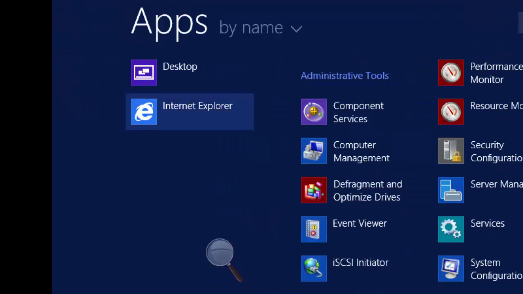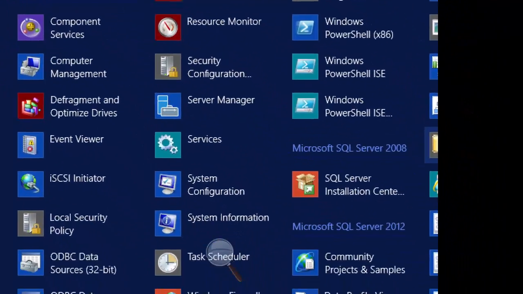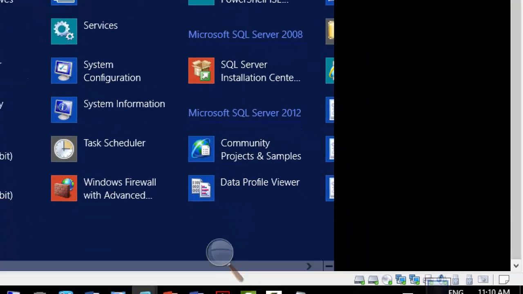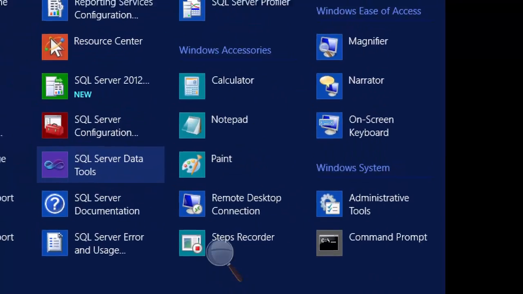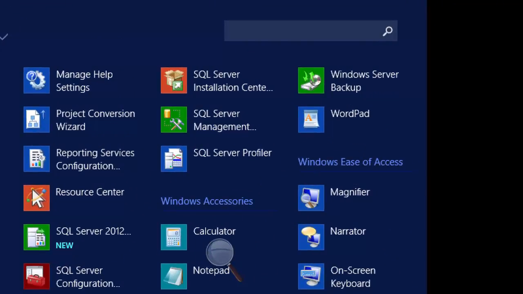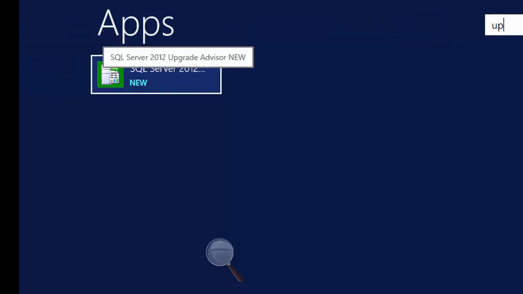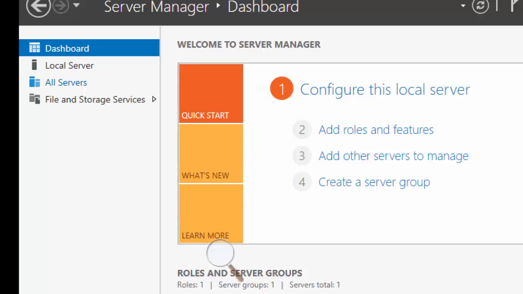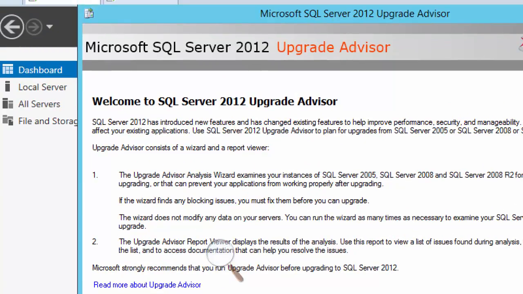It's normally in the Start menu, administrative tools, SQL Server. Or just type upgrade instead. This is new, and this is Upgrade Advisor: SQL Server 2012 Upgrade Advisor. So you just type up in the search and it's going to come up. Once it is there, that's how it looks.